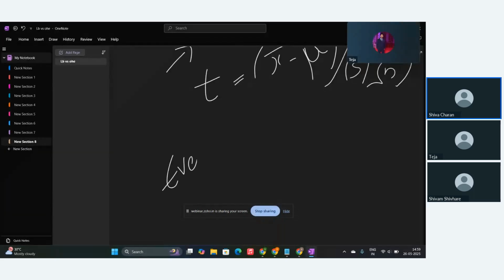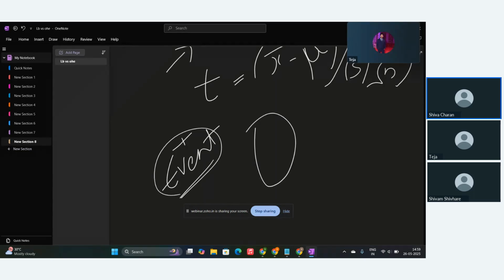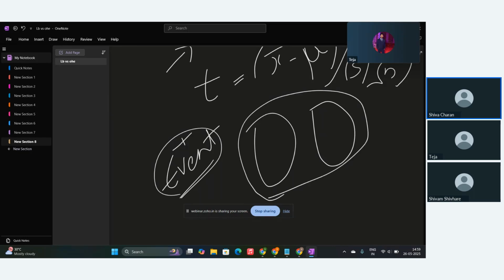Let's say there is an event happening. In this event, a test will be conducted. All the students are participating. Before the event starts, a test will be conducted for a group of students, and after the event ends, the test will be conducted again. So to compare these averages, or to work on these averages,